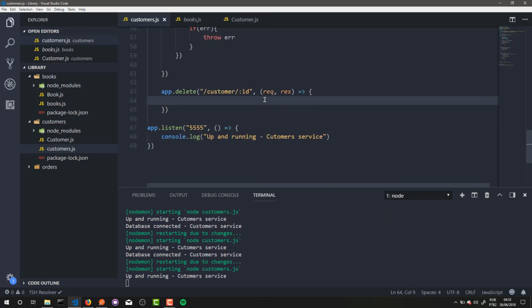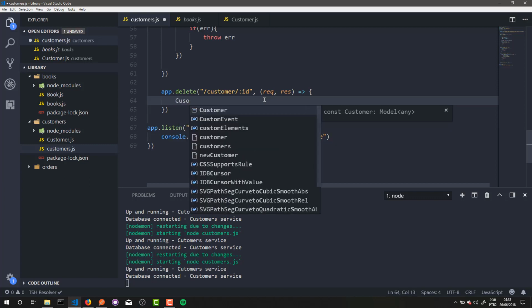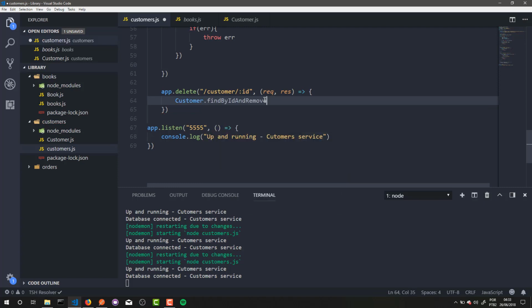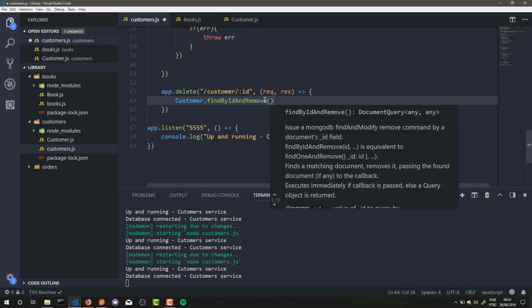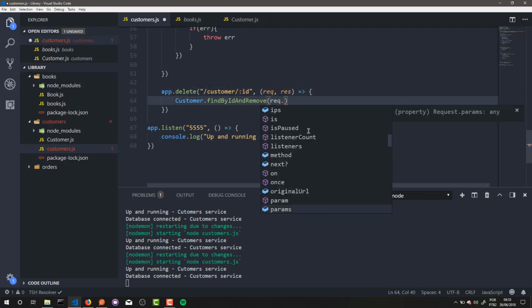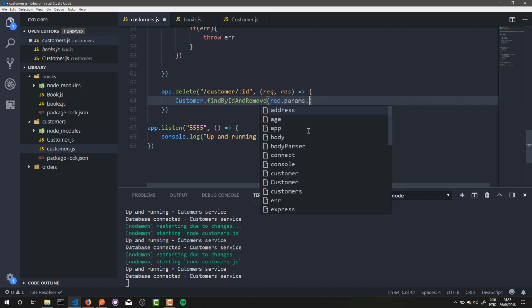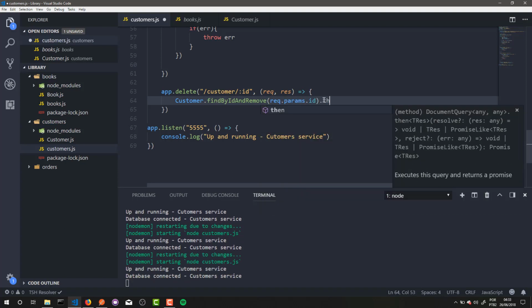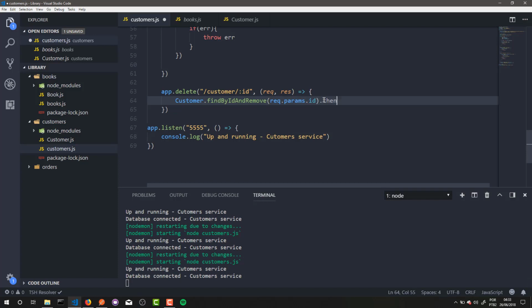And here to delete a customer by its ID, we need to call our model dot findAndRemove, and here as parameter we need to pass the ID of the customer, so we need to get this parameter here. So req dot params dot the ID param. And then to resolve the promise,